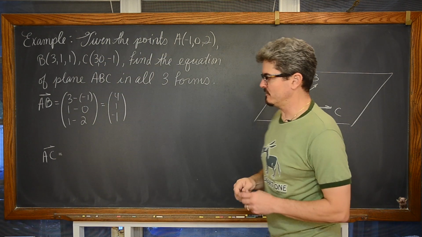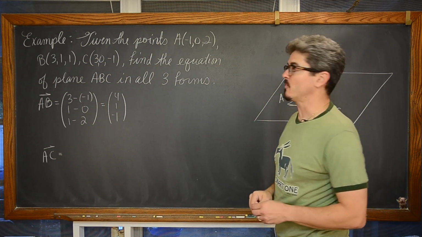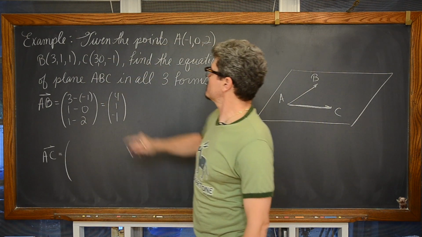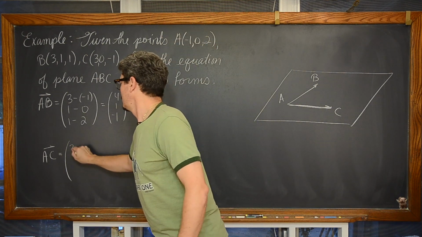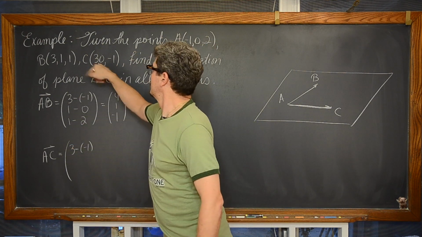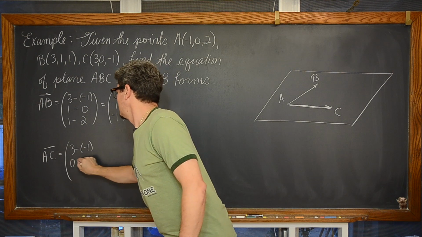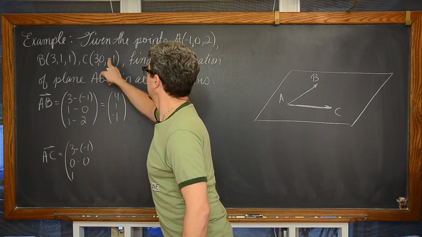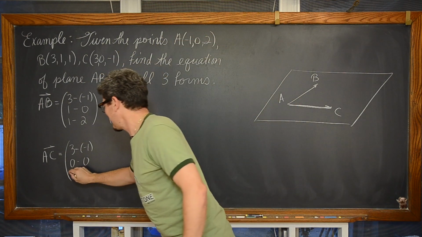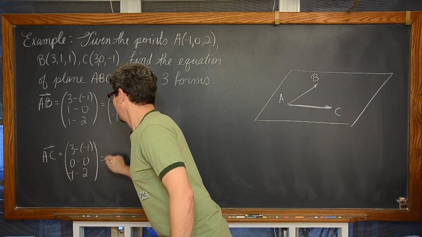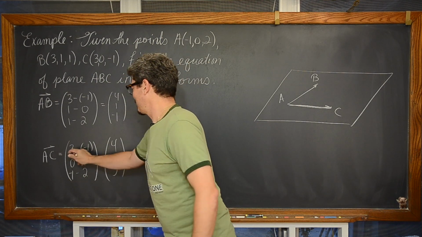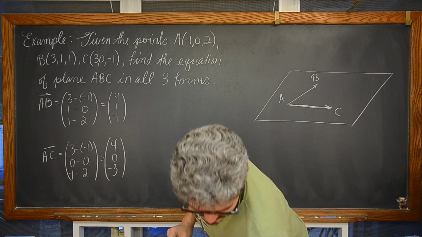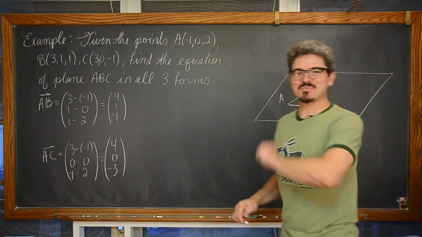Now vector AC. Just using that same initial point for convenience because we're told all three of these points are in the plane. Terminal minus initial, 3 minus negative 1. 0 minus 0. 1 minus 2. Negative 1 minus 2. Let's not make the same mistake twice. We have 3 minus negative 1 is 4, 0, and then finally negative 3. And just because I don't want to record this again, yes, we are good.